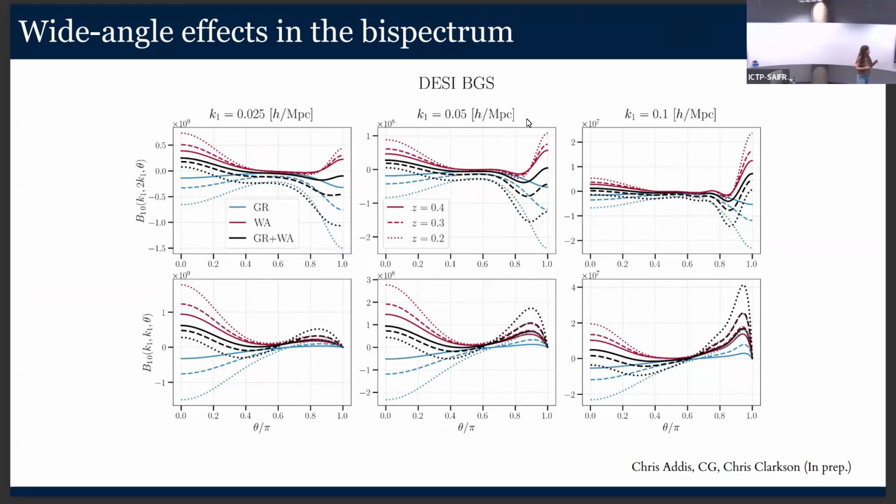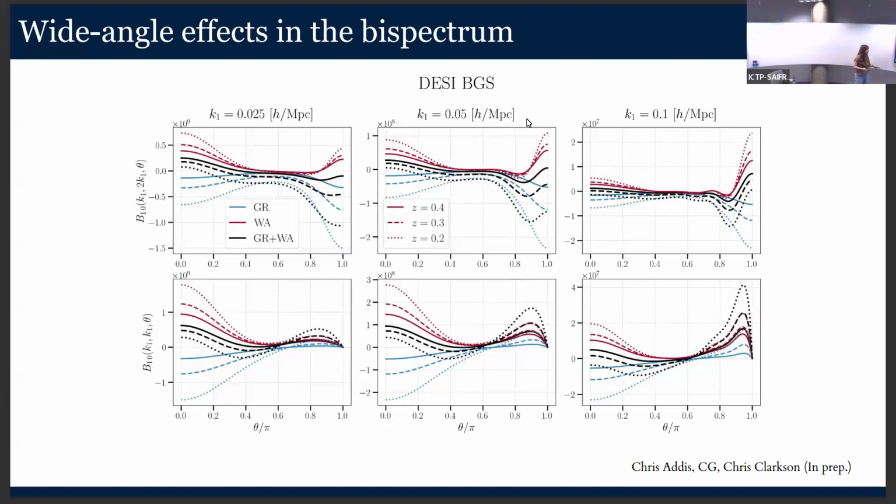I didn't tell you what this is, but the main thing to show is that you have contributions from general relativity when you look at your light cone. These general relativity corrections will give you a dipole for your bispectrum, which in the beginning people thought, if we measure the dipole of the bispectrum, this will be a clear signal of